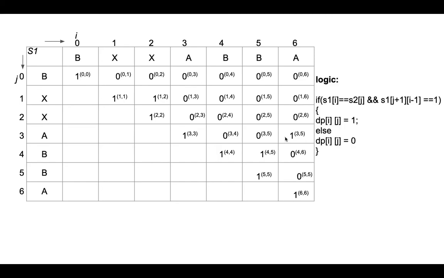I have filled up this table by using this logic, and we can clearly say that this block is representing the longest palindromic substring. How can we say that? If we observe the whole table, only these two blocks are representing 1. If we keep track of such blocks where the diagonal values are 1, we can easily find the longest palindromic substring.